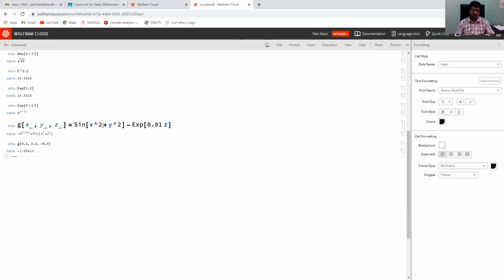So this is a function from R3 to R. You may have a function from R3 to R2. How to define such a function? I will use this function. I will just make a small change. I am using copy and paste.